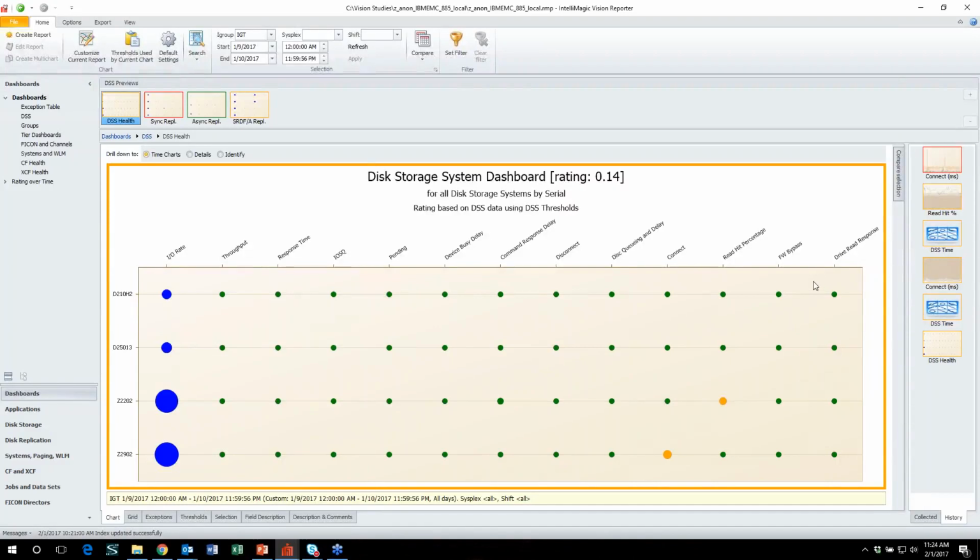The dots in this dashboard indicate something. The green dots indicate that we have a healthy situation. Everything is good. There's no issues. The yellow dots, you can see we have 2 yellow dots on this dashboard, one for this storage system and another one for this other storage system. Those yellow dots indicate that we have an early warning condition. Things are probably not being affected just yet, but you're in danger of, if things get worse, actually affecting your overall applications. We also have a numerical rating up here.